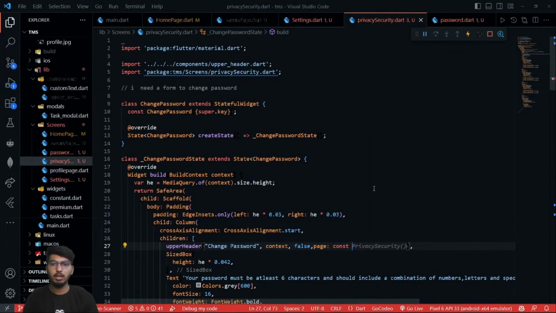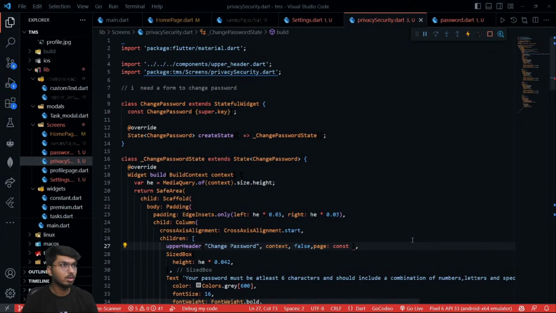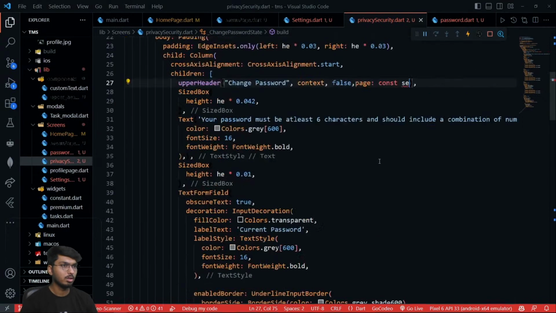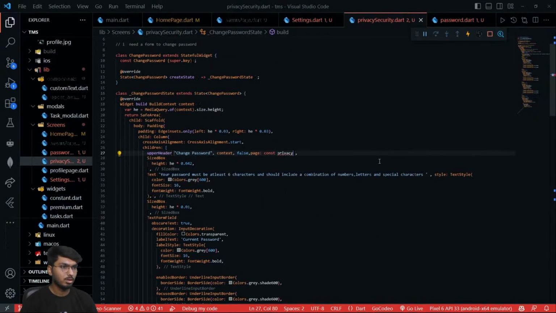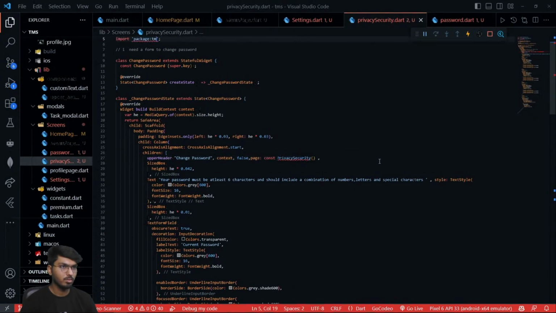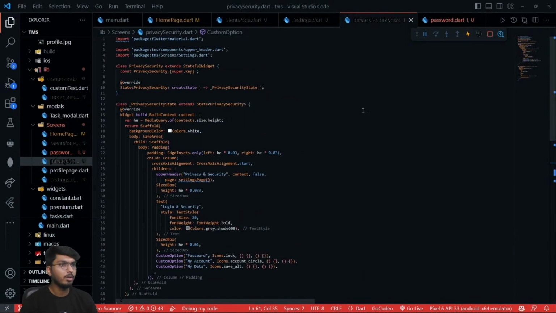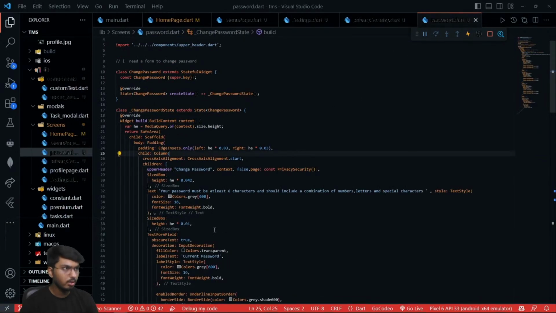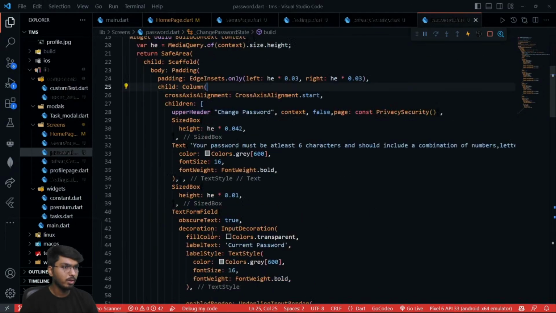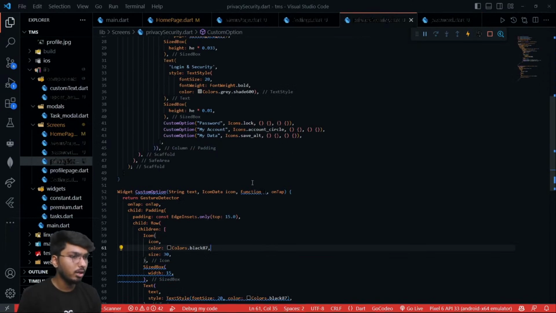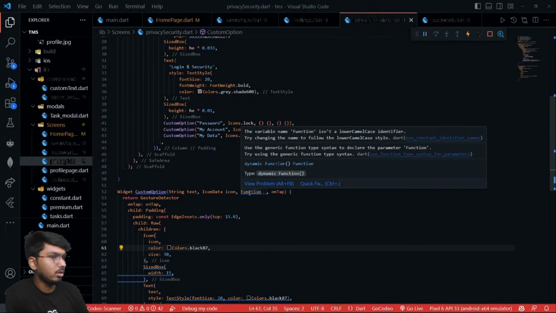Upper header should go back to be changed right here in this. Yeah, now it's fine. So I'll go back up here and inside this functionality, why I'm using a function is